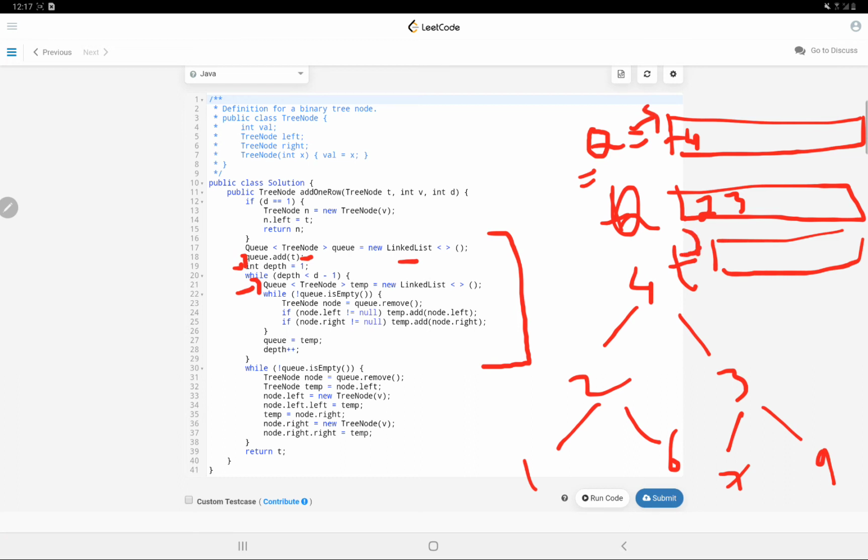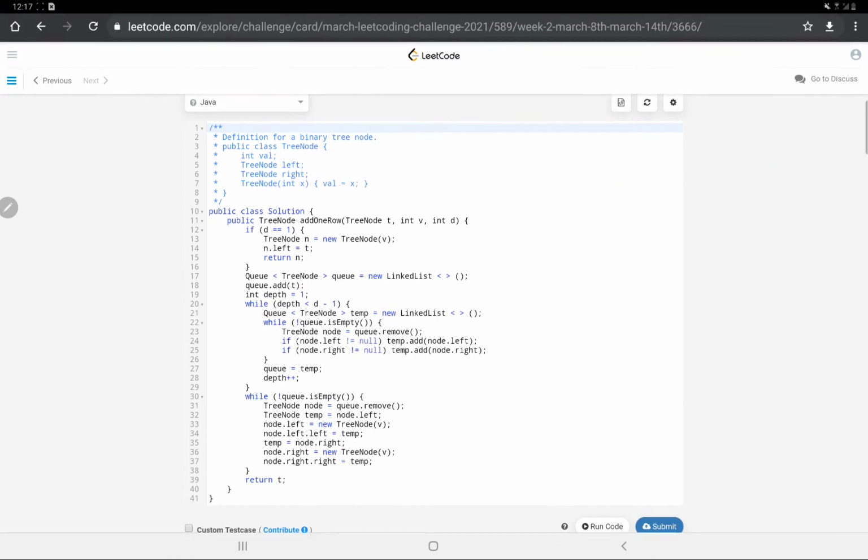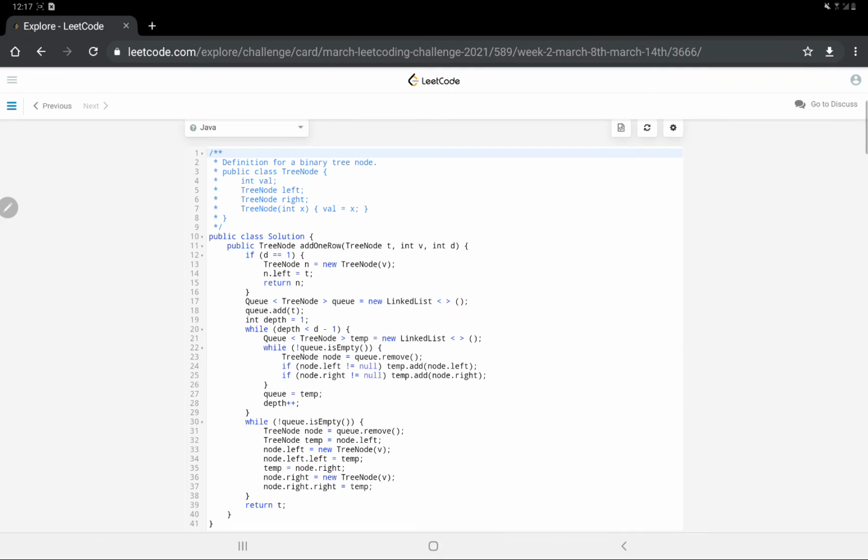All right, and if the depth is less than that, we will just break, and now we will just apply our main logic. So the main logic is, while the contents of the queue, here we assign the temporary queue to that, so it will be pointing towards the children, and it would be at the next level from the previous level where the ones are added. So all right, the value v will be added as nodes, 1 in this case.